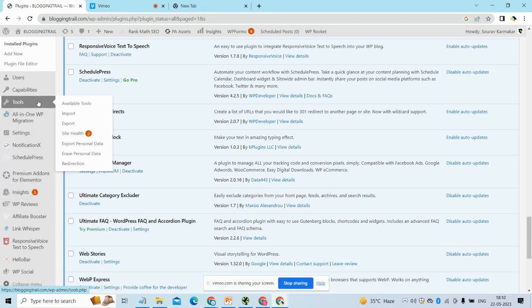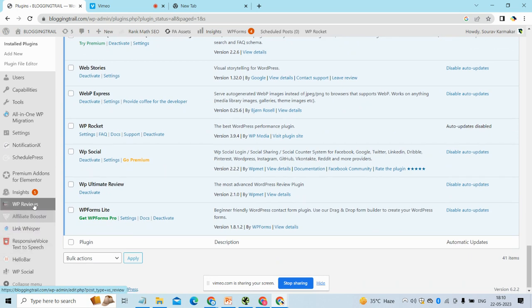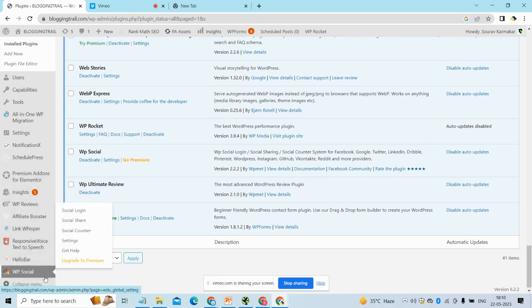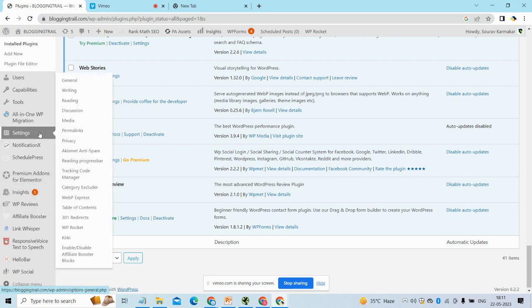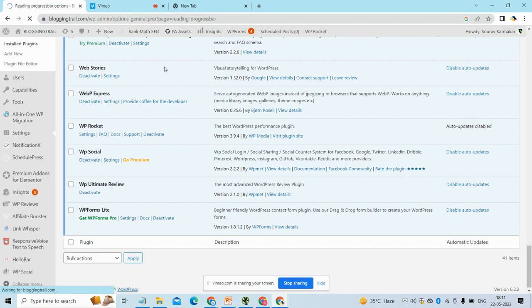So now from the general settings, in the general settings, you can see that the reading progress bar has been installed. So I'll click on the reading progress bar